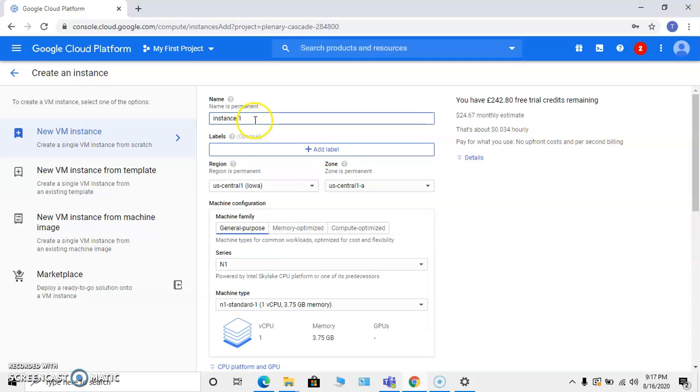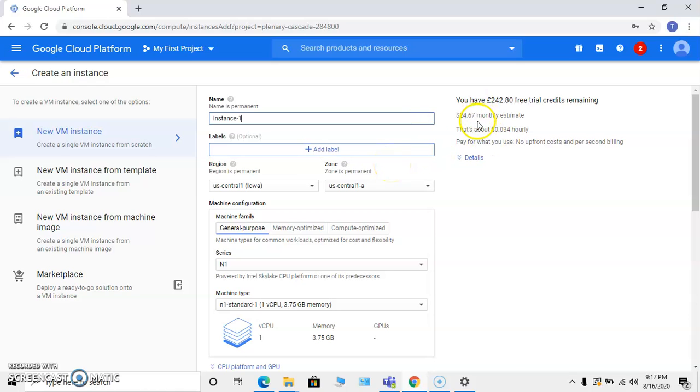Here we can provide the name and labels to that virtual machine, and then we can choose the region and zone for that virtual machine. When we provide various values for various configurations of this virtual machine, Google is going to provide me an estimated cost for running this virtual machine on a monthly basis. Right now with the default value, it says that it is going to cost me $24 a month for running this virtual machine.